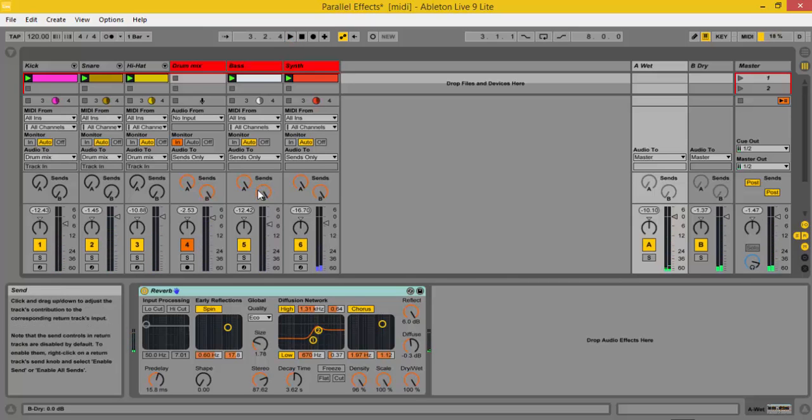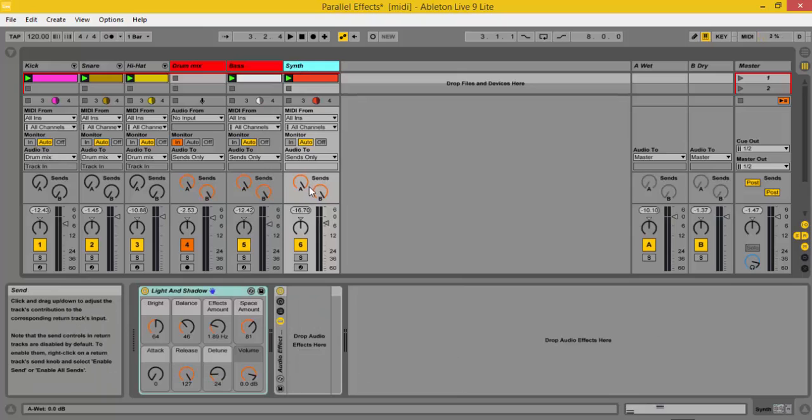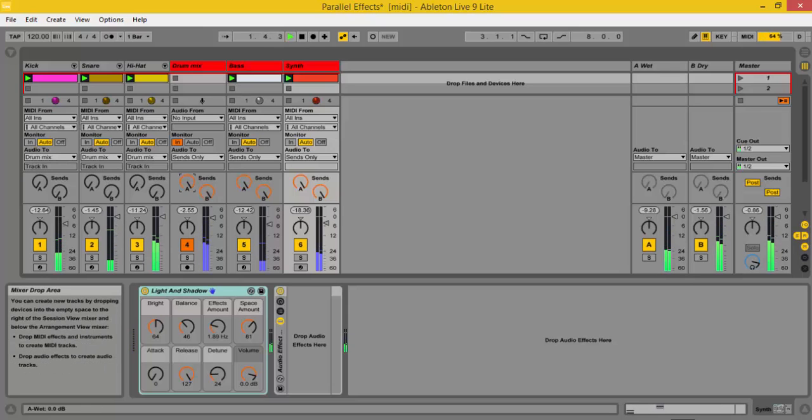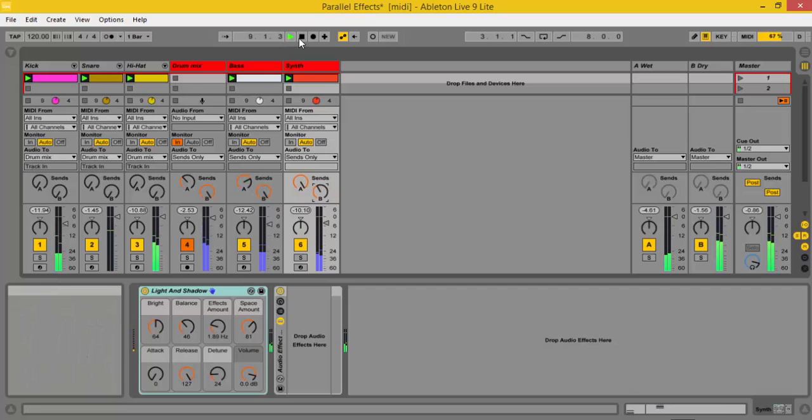So to control this now, I want to retain more dry sound of the drum and a somewhat middle dry sound of the bass, but the synth I'll keep more wet, like 100% wet. So I'll just set these dials based on that so that it sounds better. So now you can see that the drum has more drier sound and it has